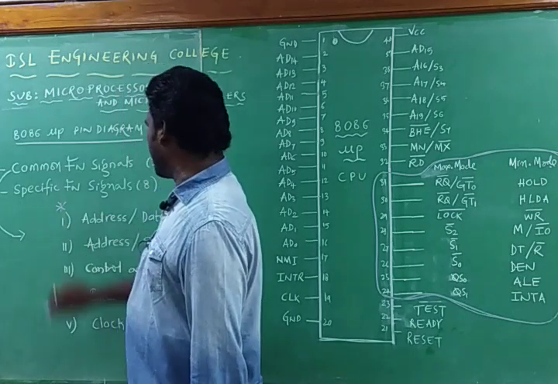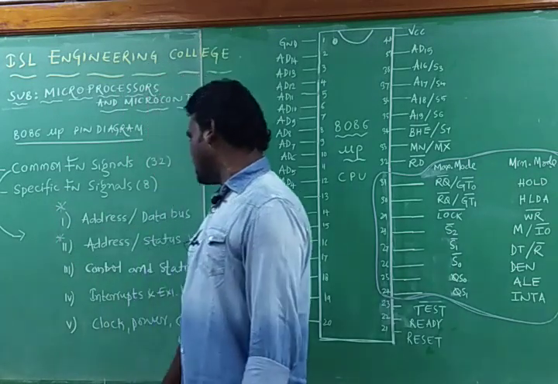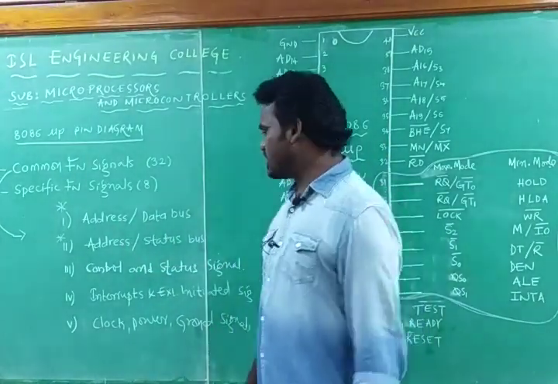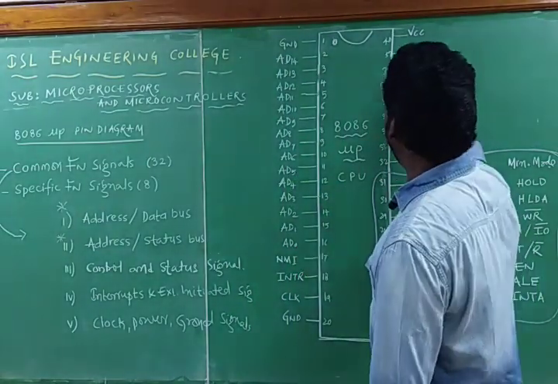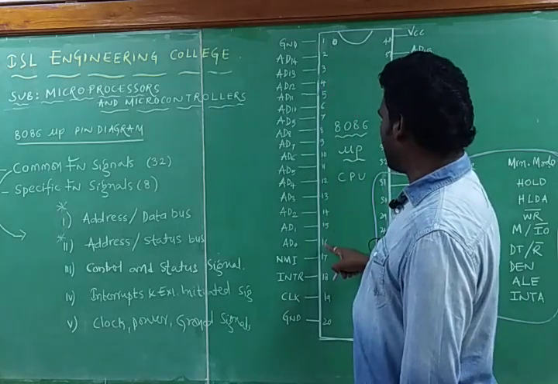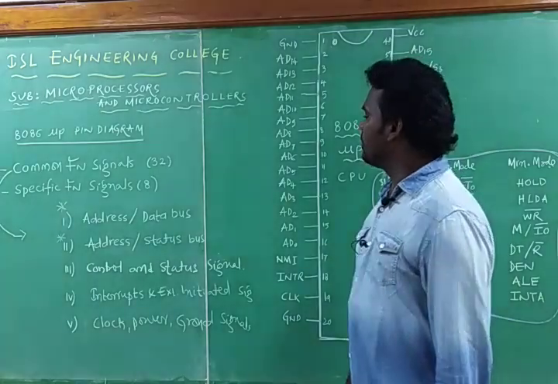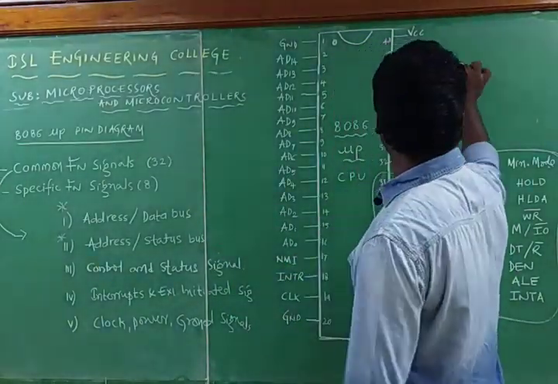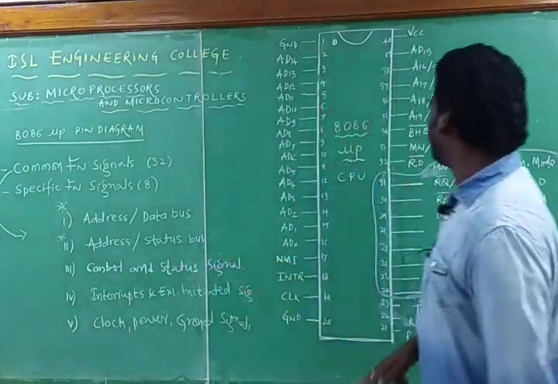First one is address or data bus, and the second one is the address or status bus, which we have discussed. Address and data bus are nothing but AD0 to AD15. That means pin number 2 to pin number 16 and pin number 39 combinedly are named as the address or data bus. Again, this also comes to the second category, that is address or status bus, from the